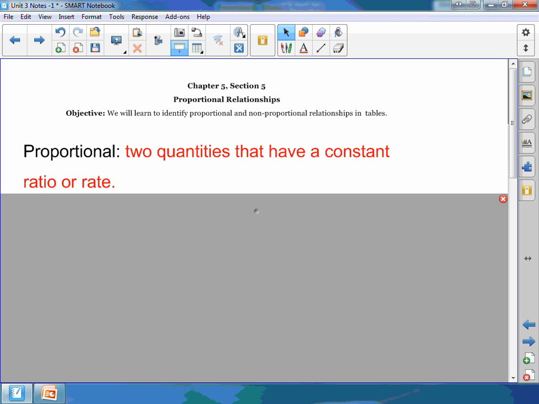Let me tell you what isn't a proportional relationship. Let's say you get on a treadmill and you're walking at 3 miles per hour, and then you think, this is too slow, I've got to really start working hard. So you change the pace. Maybe you do 3 miles per hour for 5 minutes, then for the next 5 minutes you're going 3.5 miles per hour. Then you say, I'm going to start running, and you crank it up to 6 miles per hour or whatever. That change is not going to create that linear pattern we talked about. It's going to create sort of an arc or an uneven, unbalanced line, if you're thinking physically here.